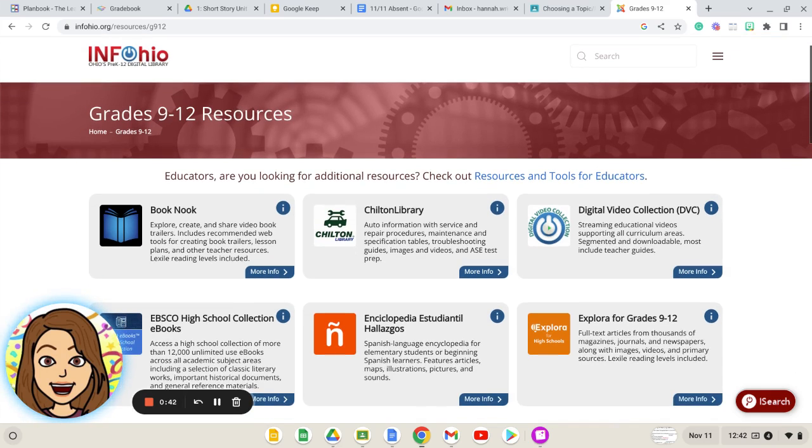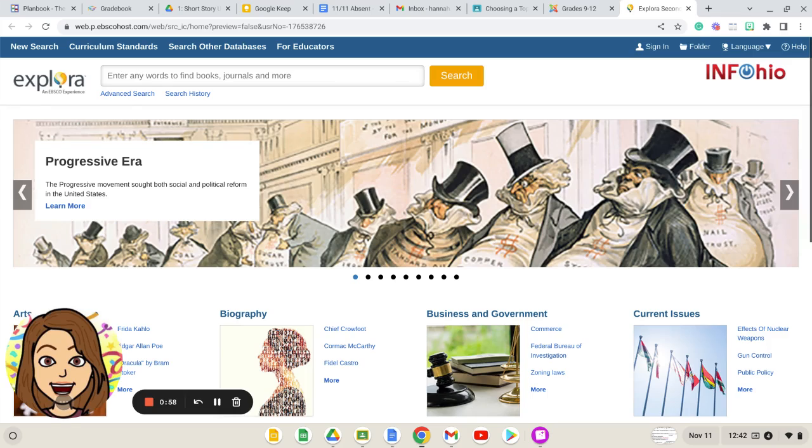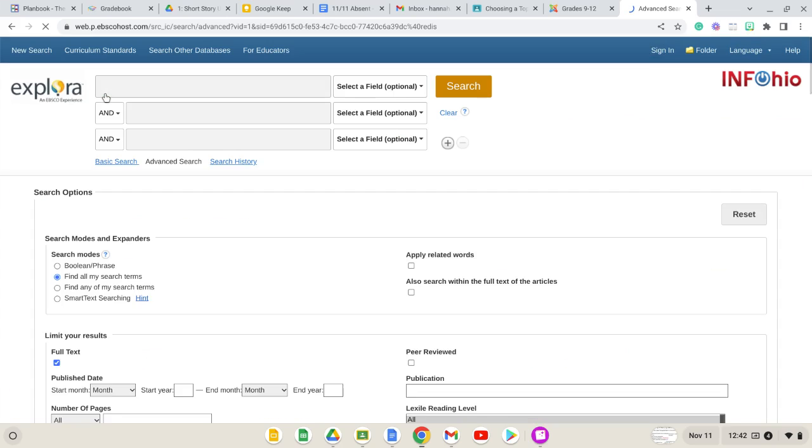So we primarily are using this database right here called Explora. Explora is very similar to a database called Academic Search Premier that you will probably use in college. So you go ahead and click that, and then it's going to open us up to this lovely website right here in which we can do some searching for our research. I would suggest going to where it says Advanced Search, clicking on that, and it's going to bring us to